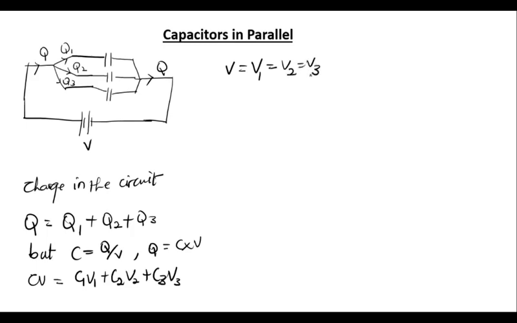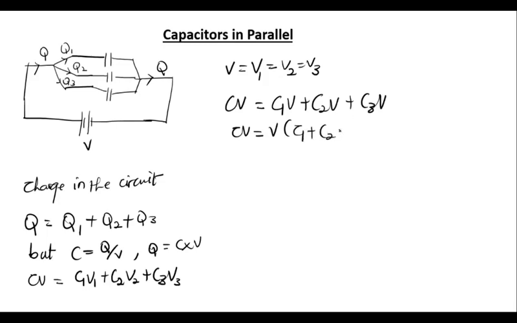V3. So if that is true, it means what? From here you can write CV is equal to what? C1V plus C2V plus what? C3V, because the V are all equal. So CV is equal to, we can factor the potential difference out over here, then we have C1 plus C2 plus C3. So if we divide both sides by V,